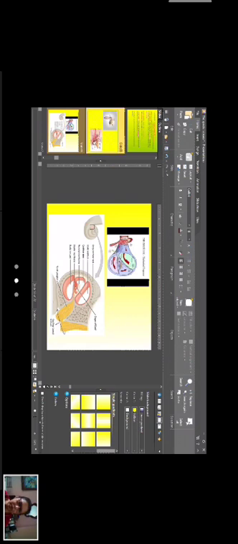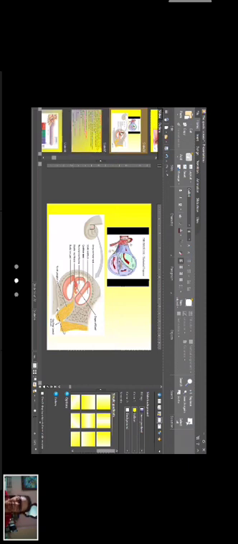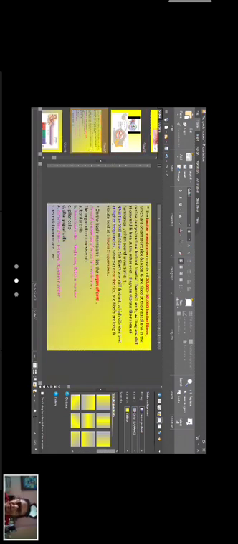Now coming to the basilar membrane. In the basilar membrane lies the organ of Corti. Next we are coming to the basilar membrane. Actually, the sense organ of hearing, the organ of Corti, lies on the basilar membrane.